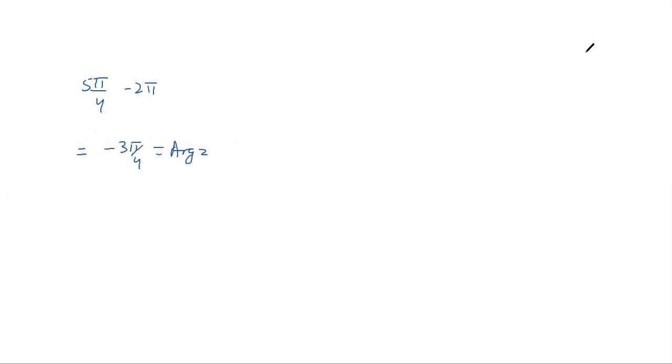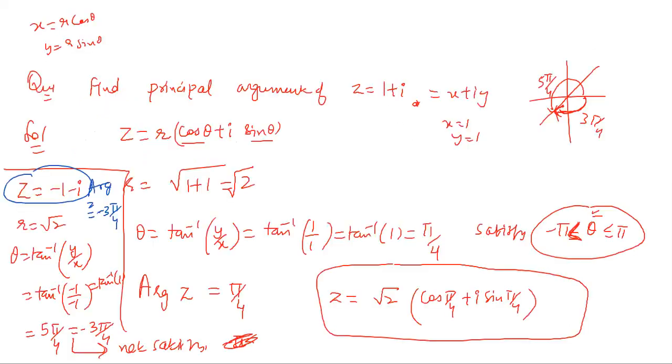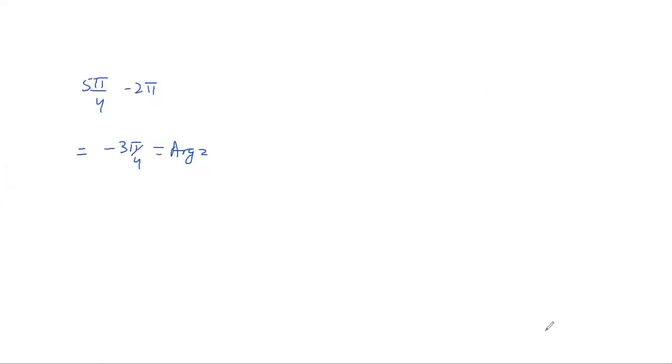Now you ask me your doubts. Yes, Uday, do you have any doubt? You were raising your hand. No, I just hope it is clear now. So this is easy. We did two questions, found two principal arguments and found the polar forms. And let's do a few more very quick examples.